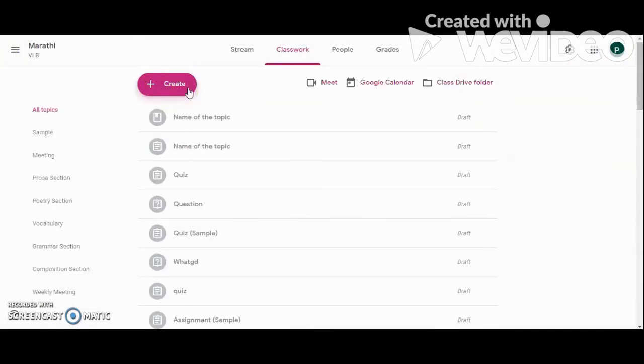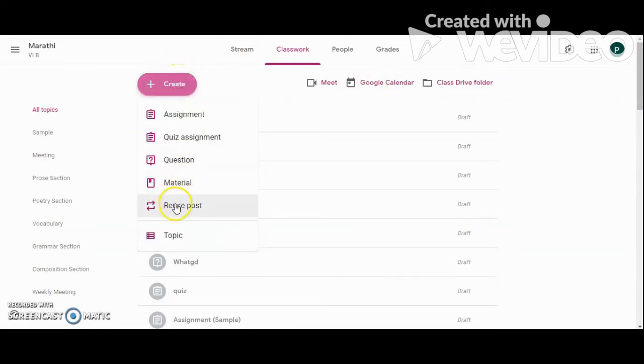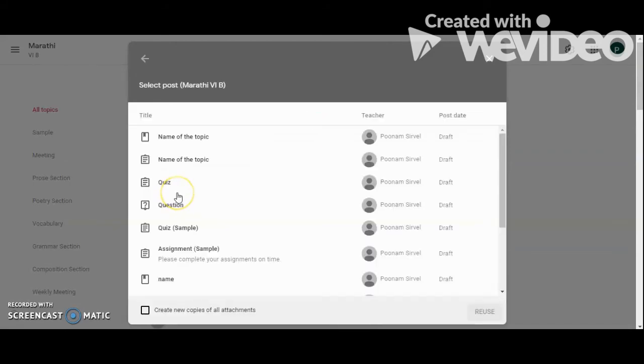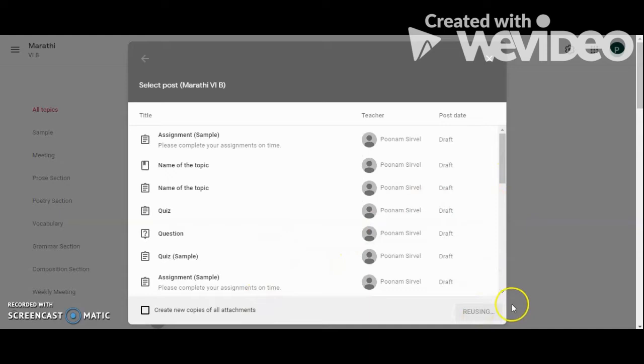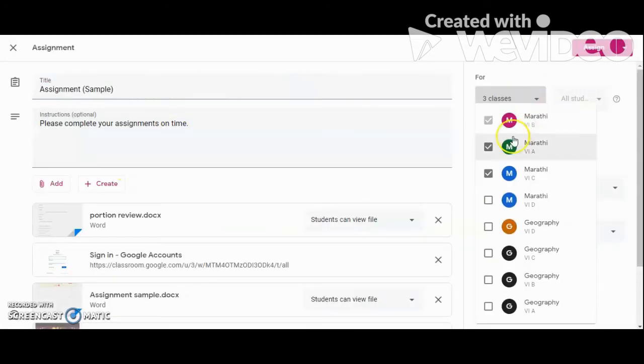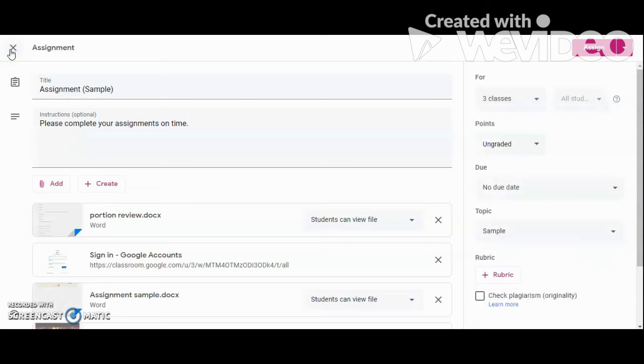Again, about the material also, uploading of those videos and all that will be the same. Now, reuse a post. For example, I have already posted something on this class and I want this to be used somewhere else. Then I can just click on that particular title, click on reuse, and I'll have to edit it over here, which other classes I need to post, and I have to click on assign. That is a reuse of post.